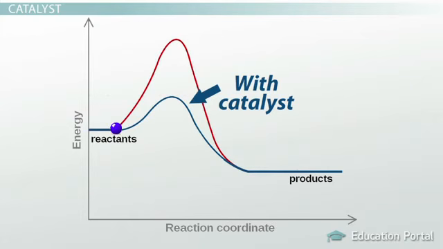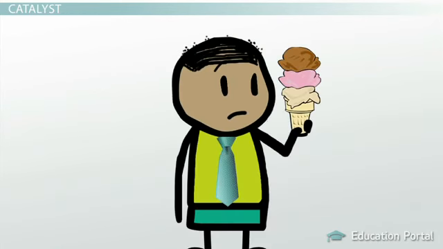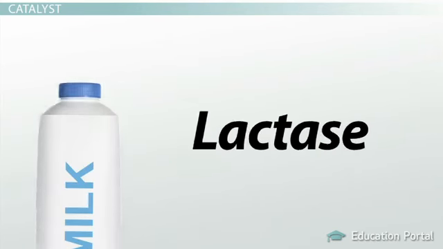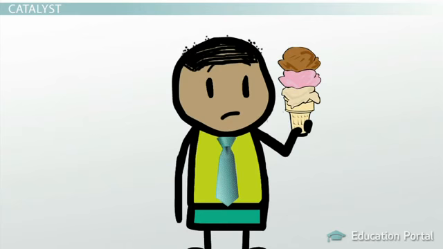It's a very good thing we have catalysts. Without catalysts, the reactions we need for our bodies to survive would happen too slowly to support life. Most catalysts in the body are enzymes. Enzymes are large protein molecules that are very specific to their individual reactions and help to catalyze metabolic processes that would happen too slowly otherwise. Enzymes are important, as you would know if you are lactose intolerant and can't eat ice cream. Lactase is an enzyme that helps digest lactose, which is the sugar present in milk. Those who don't have it can't digest milk products and can't eat ice cream.